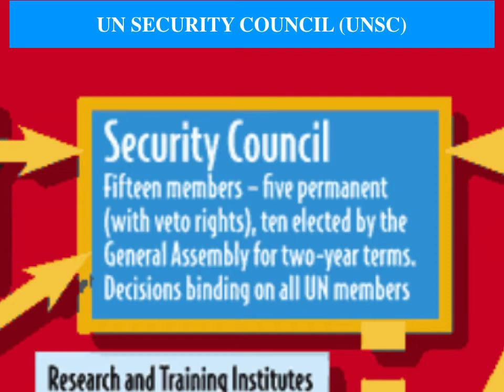Now it's important for us to remember that the decisions made by the Security Council are binding to all United Nations members. However, the decisions of the General Assembly are not binding to all UN members. So you need to know the difference. And it's also important to remember that out of those 15 members, the 5 permanent members have veto power, or the right to reject a resolution. We'll learn more about veto later.